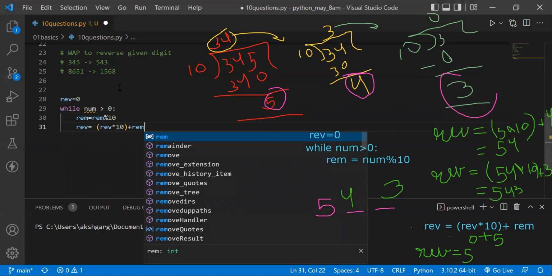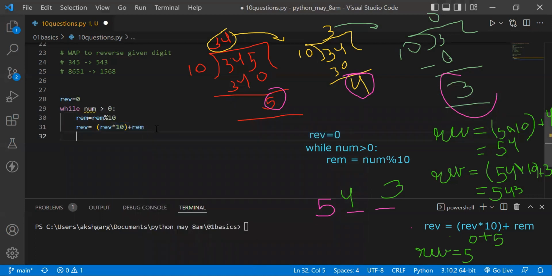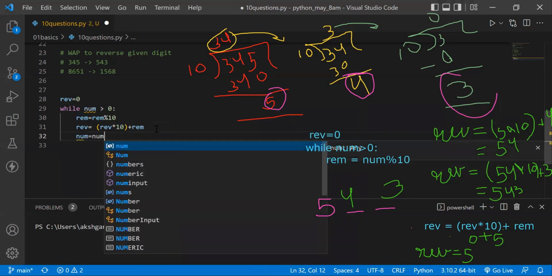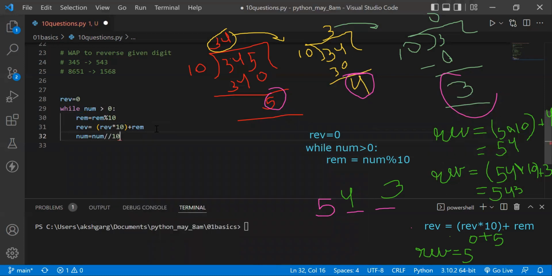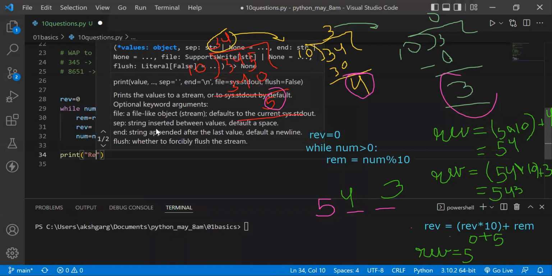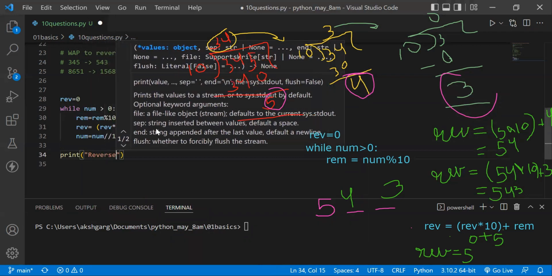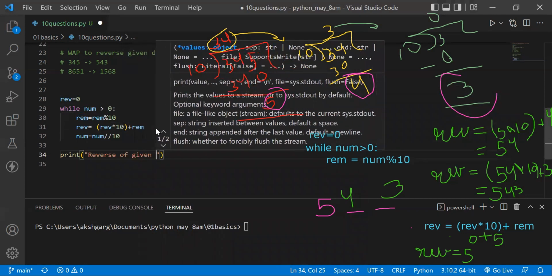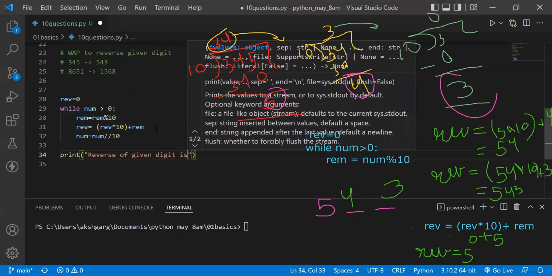This is the main condition which is making our reverse number. And then we can simply go and update my number, num. Now if I print, reverse of the given digit is,